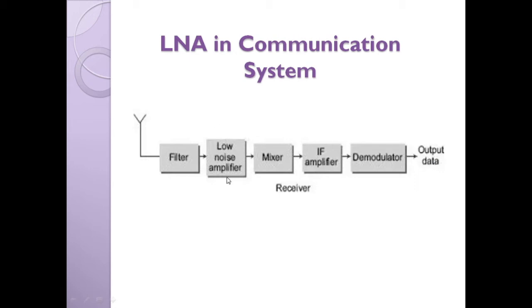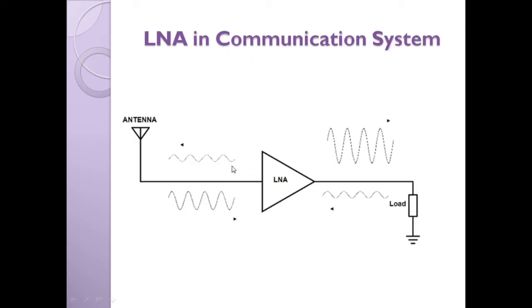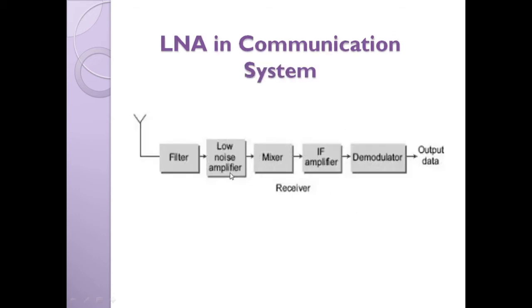So when you replace this amplifier with the LNA, what will happen? The incoming signal is a low power signal with a lot of noise. But from the output of the LNA, we can get the amplified output with reduced noise. So this is the reason why the LNA is always present at the front end of the receiver system, acting as a pre-amplifier, because the front end is going to have the dominant effect on the noise level.